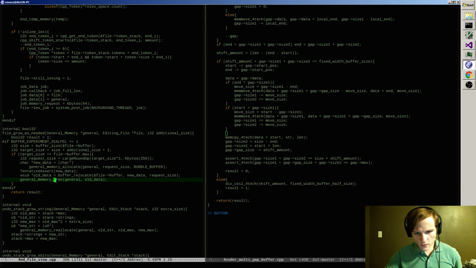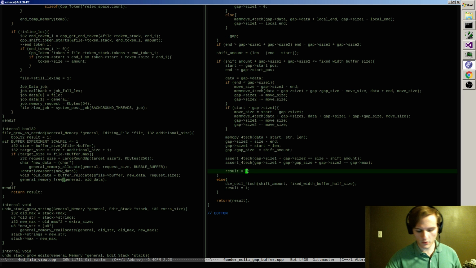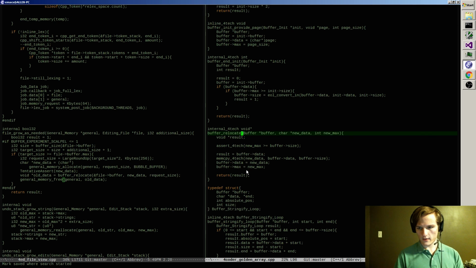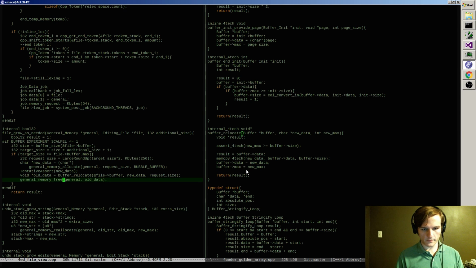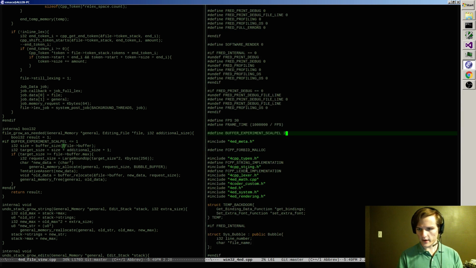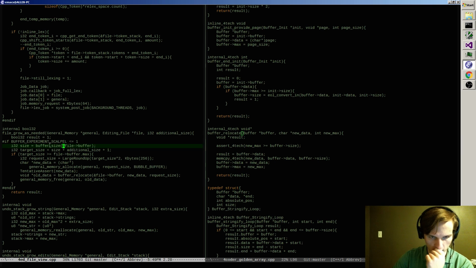So I need to switch real quick to the golden array and rethink relocate from the ground up. So this code here, the other thing I have to do is actually switch to compiling with this one. Okay, this code here says